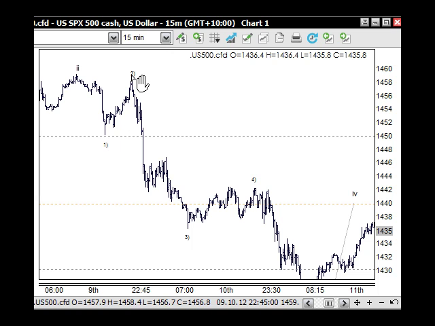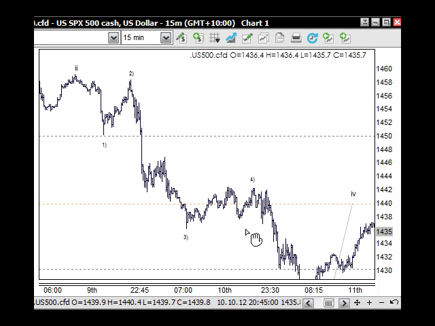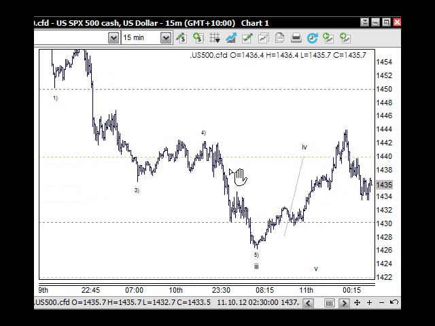And this is how I've counted those 5 waves. It's the 1, the 2, and then the 3rd wave down to here. So I've counted this 1, 2, 3, 4 and 5 waves into here, and then the 4th wave across here as A and a B and a C wave to here for wave 4, and then wave 5 down to here in terms of 1, 2, 3, 4, 5 for the 3rd wave, and then we're looking for wave 4 to pull back up to the 38% mark roughly,